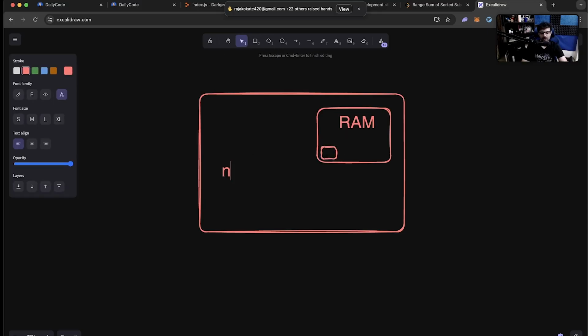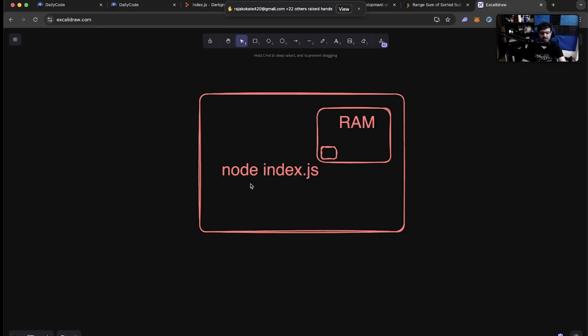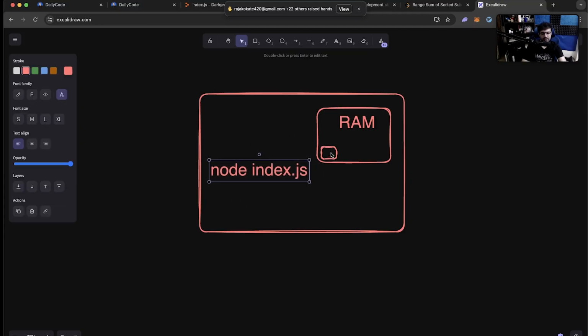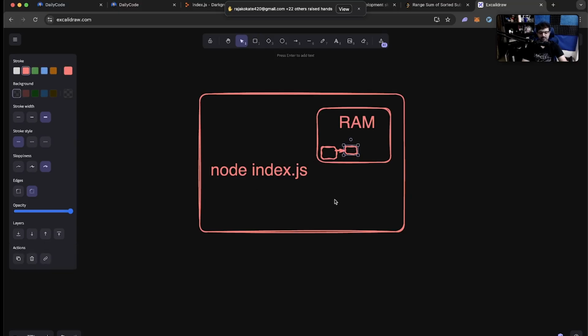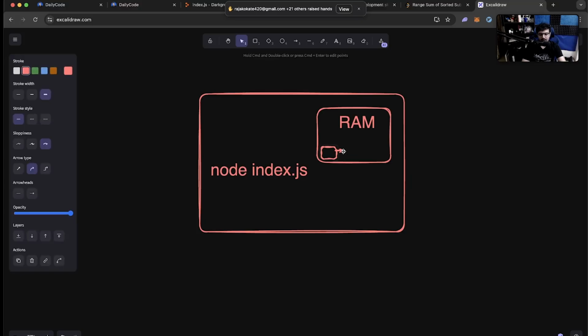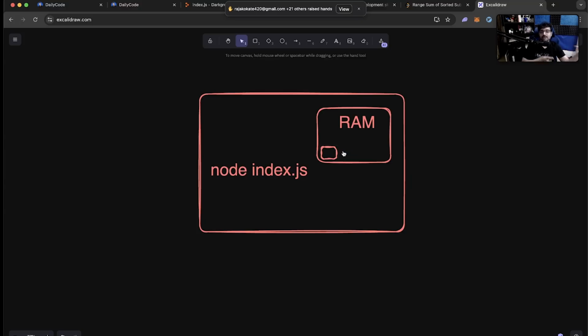If I run node index.js, it is actually running somewhere here in my RAM. And memory management means here, whenever I create new variables, I take some memory over here. Whenever I delete that variable, I should free up that memory so that other processes can take it.